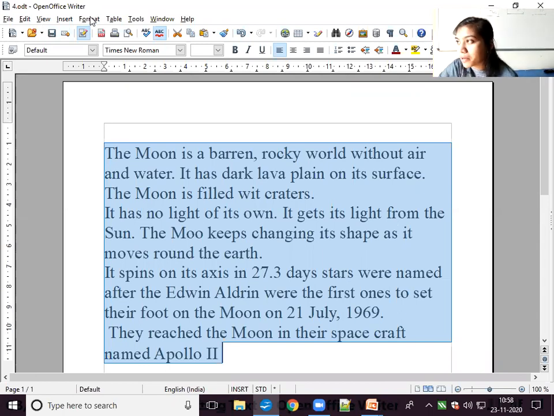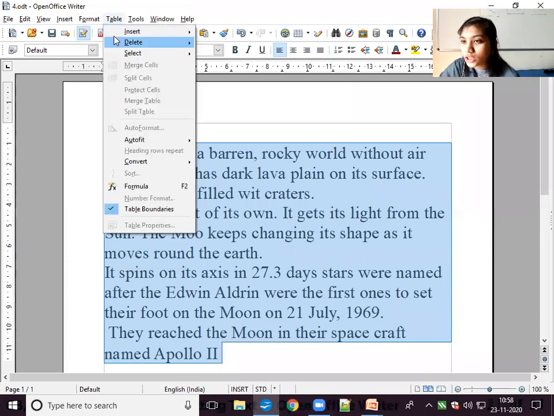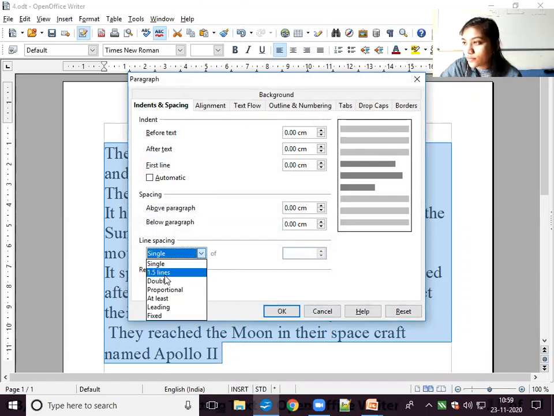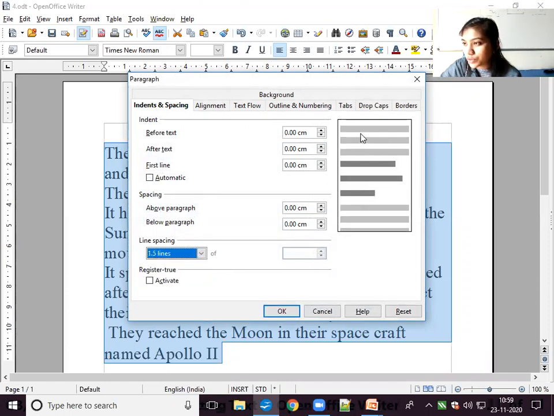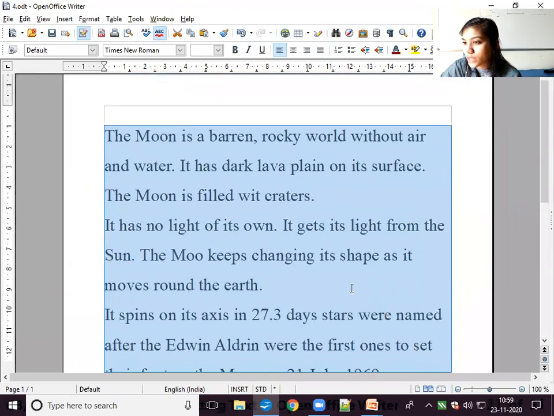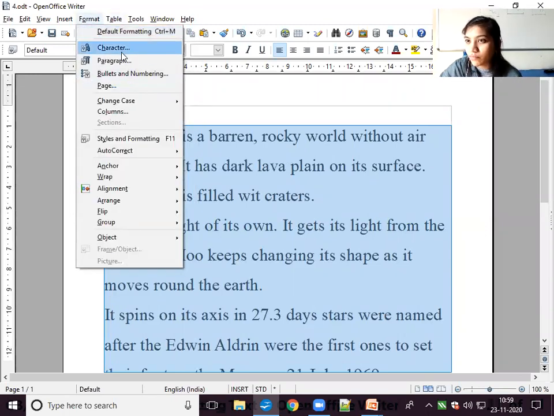If you don't remember the shortcut key, you can go to Format, select Paragraph, then click on the first option, that is Indents and Spacing. Here you can see the third option about the line spacing. You can see that by default it is single, 1.5 lines. You can see a demo also here, so it will be spaced. You have to see the changes that will come.